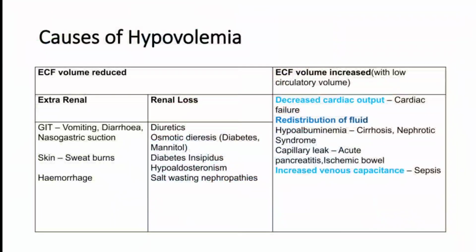Today we are discussing hypovolemia and the management of hypovolemia in the emergency room. We know that there are a lot of conditions which can have hypovolemia as a clinical feature, but the commonest conditions are diarrhea, vomiting, and sepsis. All these come with hypovolemia and its complications. Traditionally, we use pulse rate, BP, and urine output to assess hypovolemia status. We'll see how to manage hypovolemia in the emergency room.